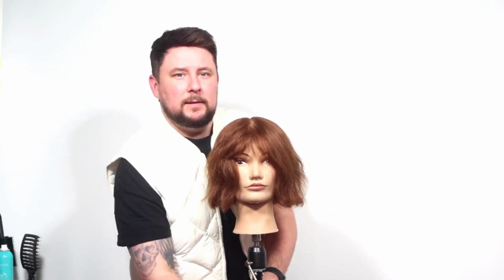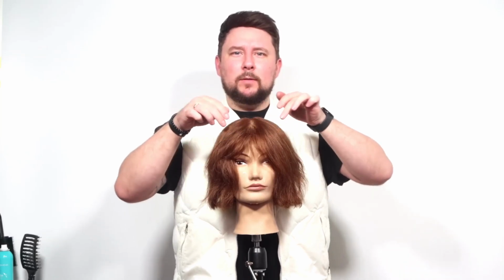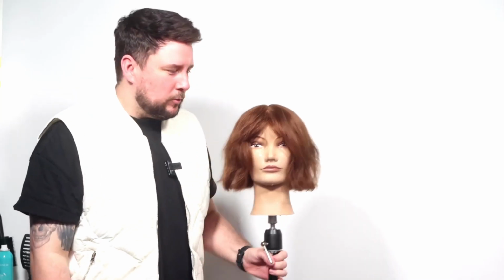Let's just let it down a little bit. But you can see you've got this shortness in here, which is just hiding these lines on the top of our nose that we get if we've got those frown lines or anything like that. That is what that fringe in the middle does. And then because we've got those edges which are just a bit longer, it gives you that coverage. And I think it is probably what most people want to be wearing instead of getting Botox,